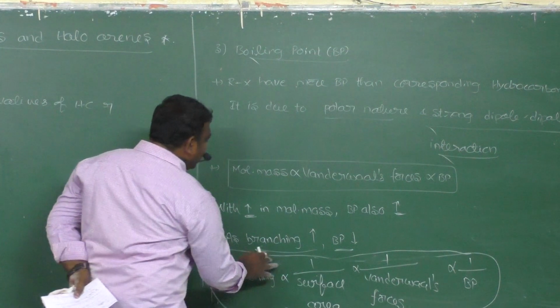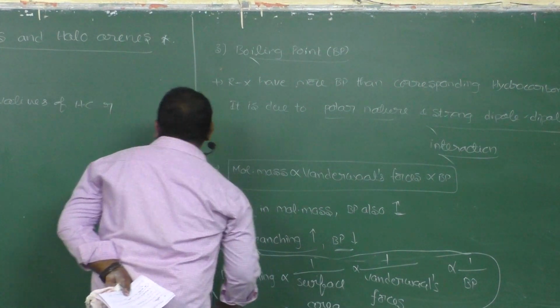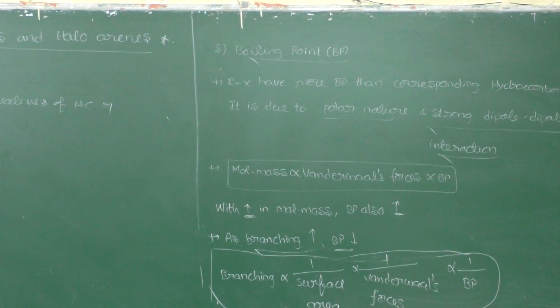On summation of all this, we get branching is inversely proportional to boiling point. Example,